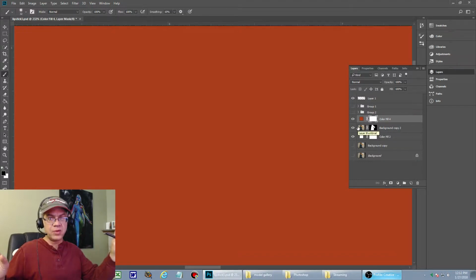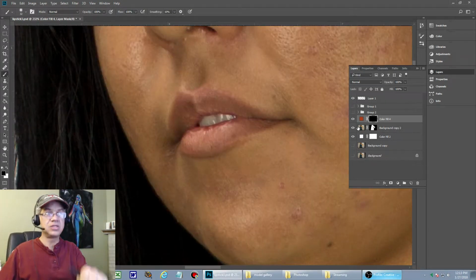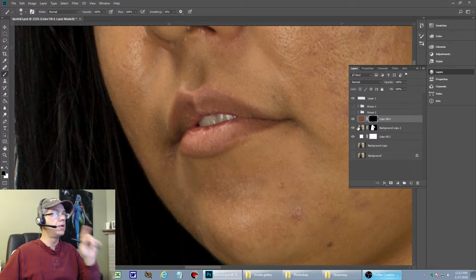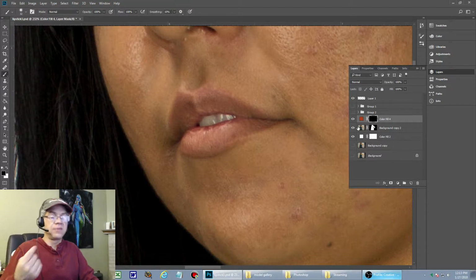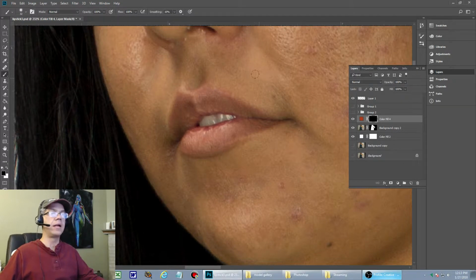Instead of applying everywhere, I want to apply nowhere. So with the mask selected, I'm going to do Control or Command I to invert, I for invert. You'll see now that the mask is black, nothing is selected, and that effect is being applied to nothing. This is very important because now I can go back and specify where I want it to go. The way I do that is to brush with white to put it in the selection. So B for brush, I've got the mask selected,